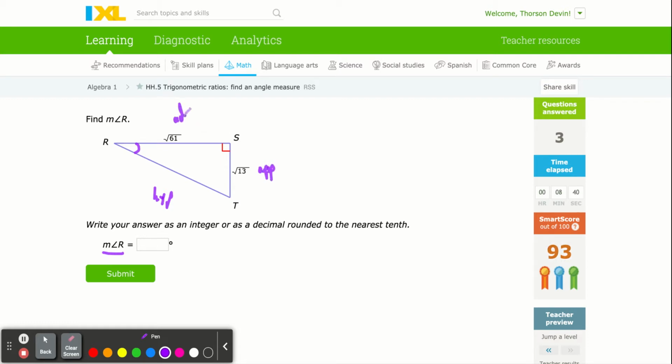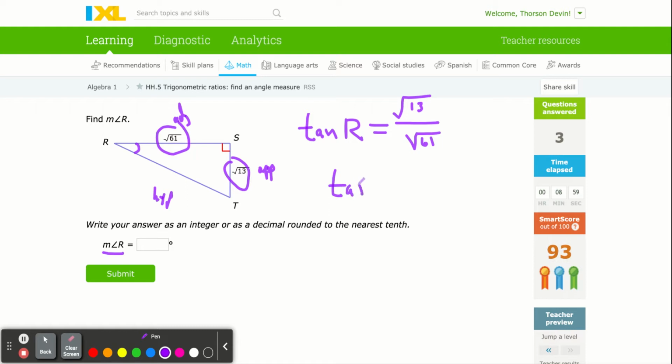It looks like I know my opposite side and I know my adjacent side. So I'm going to do the tangent of R is the square root of 13 over the square root of 61. And now I'm just going to do that on my calculator. That's why I say don't let the square roots scare you. And that gives me